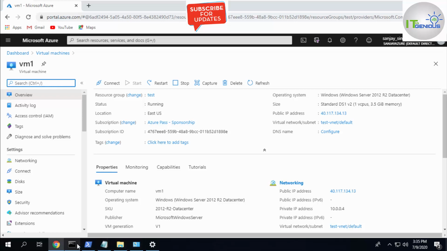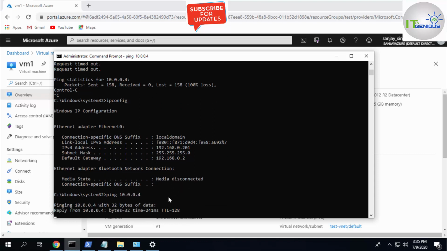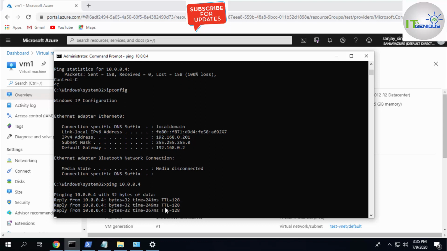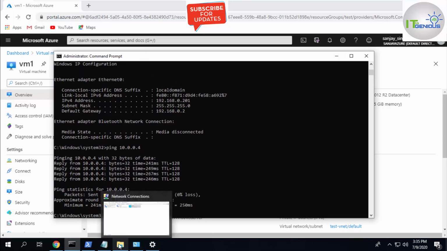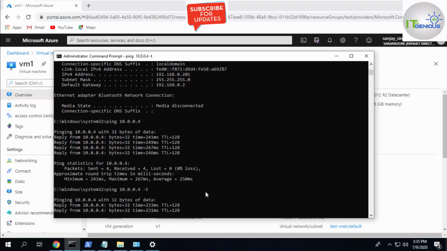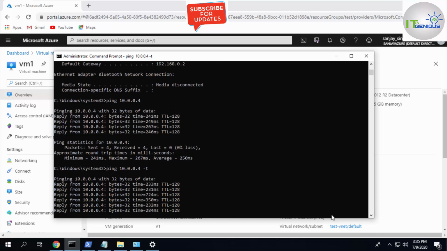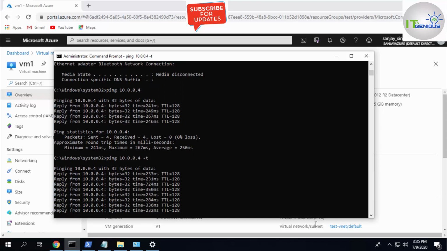So let me ping 10.4. I'm able to get a reply from 10.4. Right now I'm getting a reply from my Azure VM. That means my Azure VM is connected with my local desktop or local system.